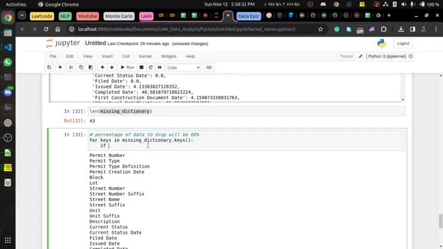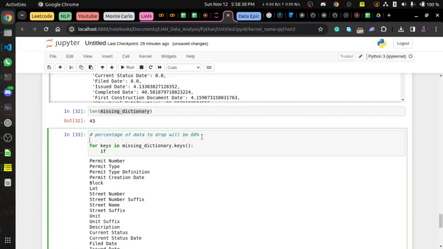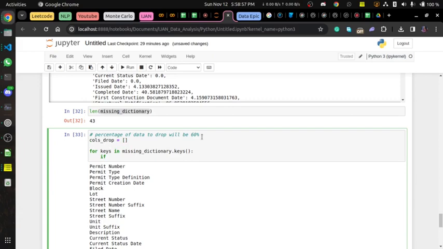So we are going to create a new list. What we want to do is store the columns that are greater than 60 into another list, let's say columns_drop. So these are the columns we want to drop. We'll store them inside the list. So we are creating a new list. So if the value of each key in the missing dictionary, remember the way we access it,